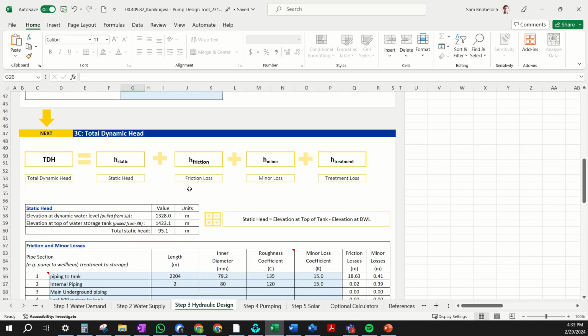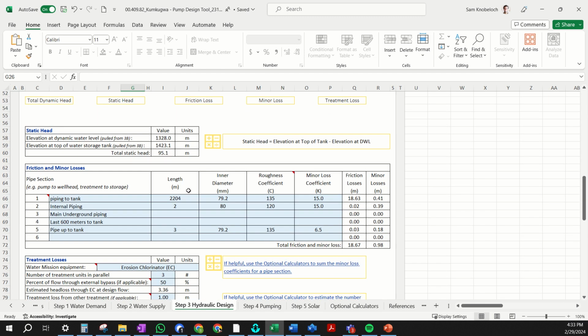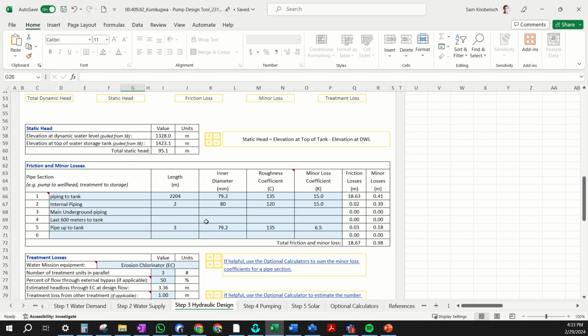The next thing is the pipelines. The pipelines should match EPANET. So, and you want to model all of your pipelines that you can. We only have 6 rows. I wish we had more. So we want to use these 6 rows the best we can to model the whole pipeline. And so